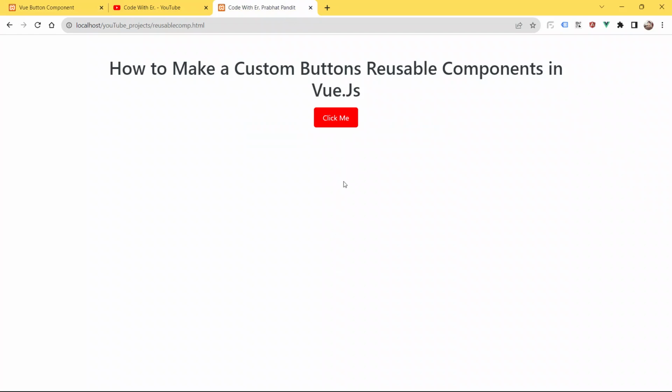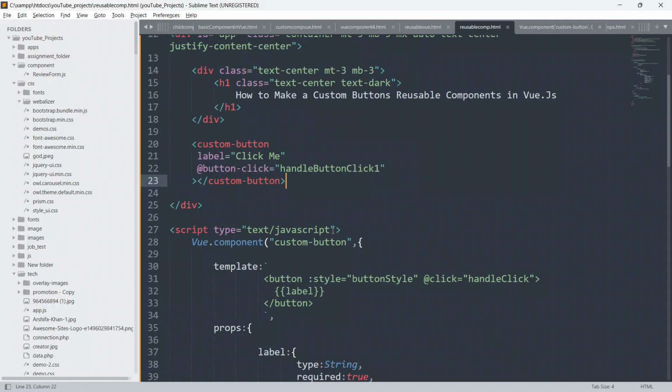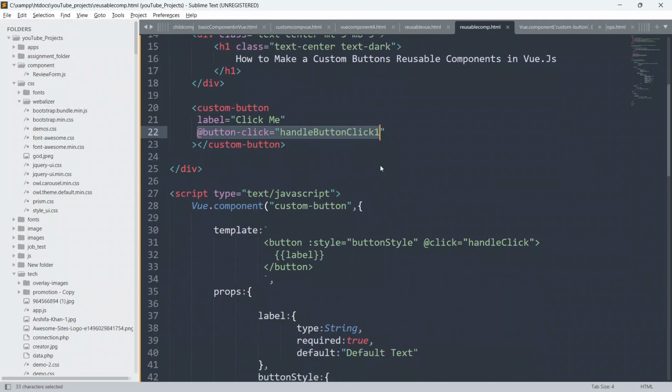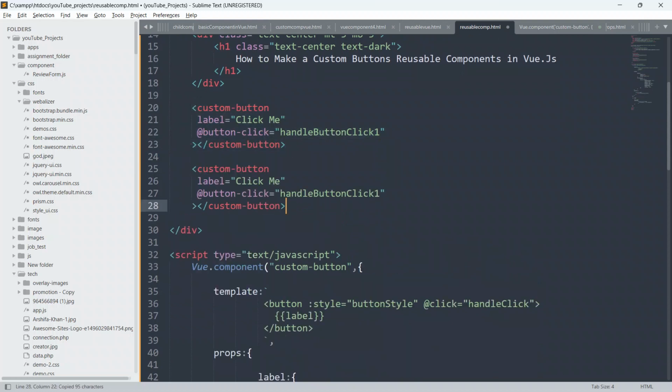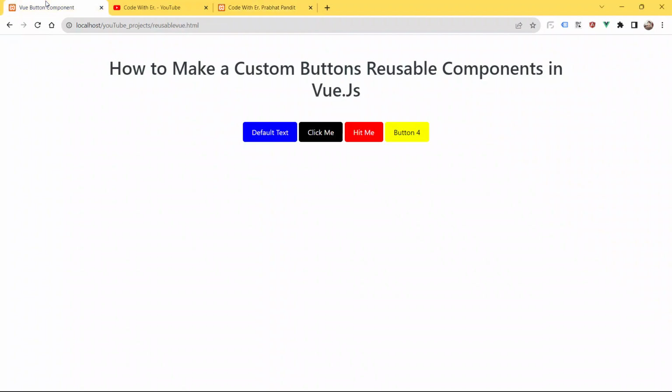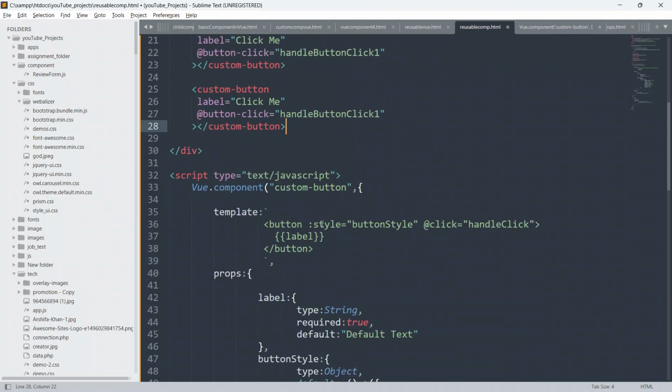As of now you can see the default background color is red. We have not defined any style. So just copy this and paste it again here, and we will say the text. The first text will be default text.